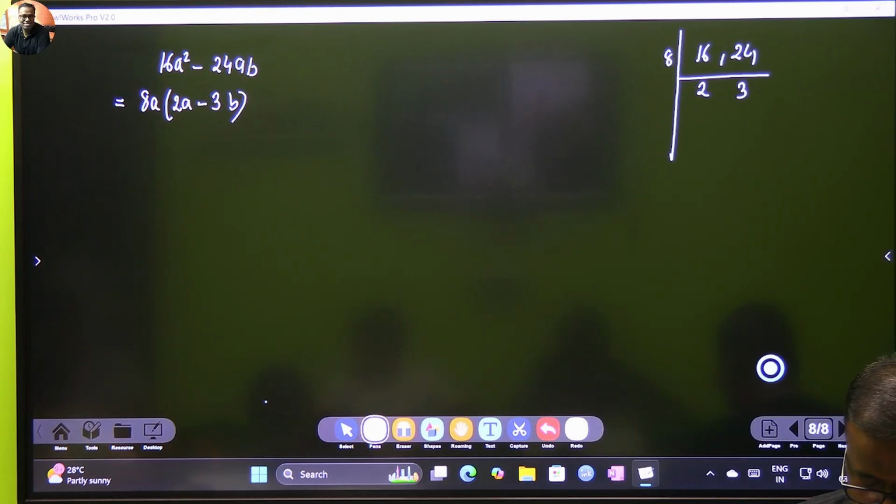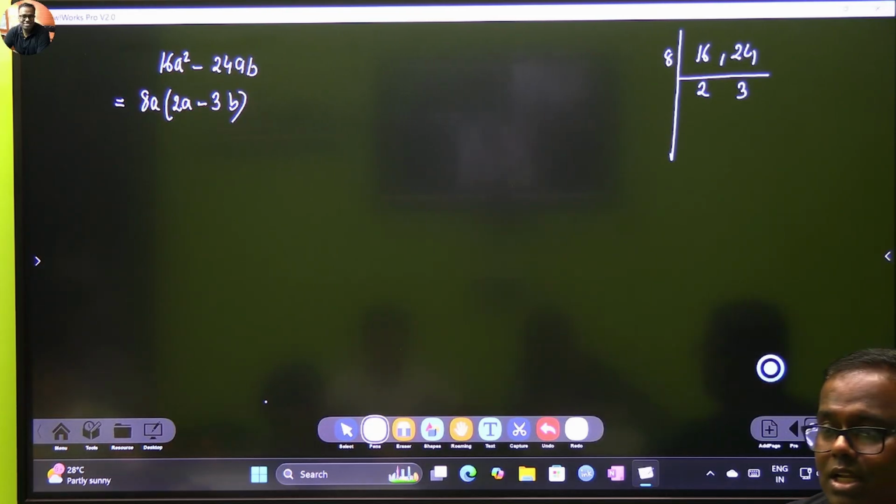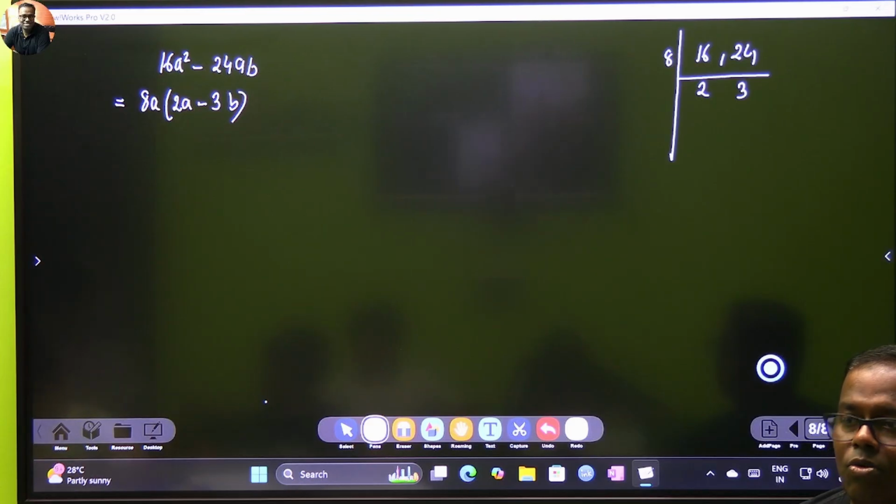My answer doesn't match the book's answer. That means either the book is wrong or you are wrong. Sir, but if I multiply them, I get it correct. So it's nothing like that. If the question is correct, then the answer has to be the same. The order may be different. A book may write it as 7 into 3, you may write it as 3 into 7. What is your answer and what is the book's answer?